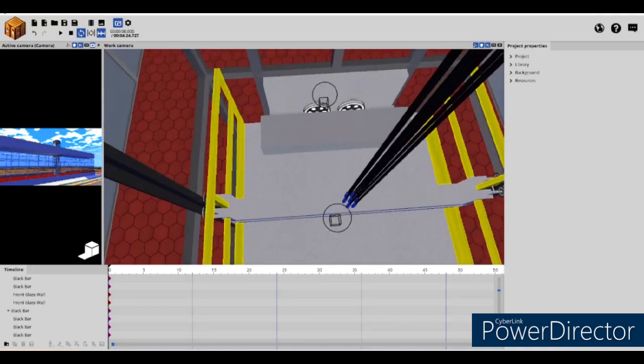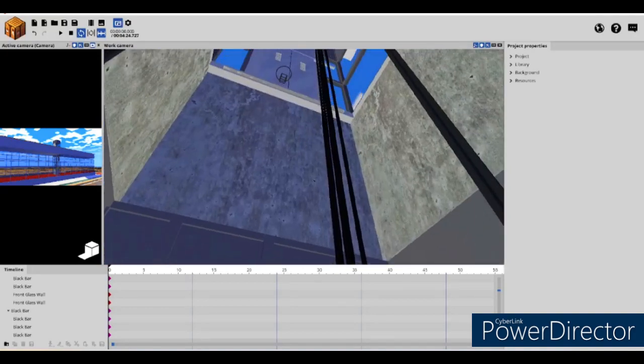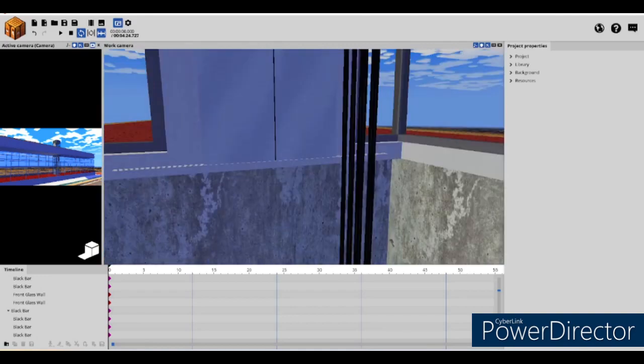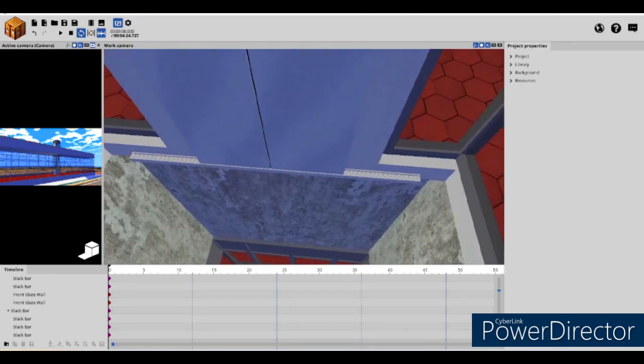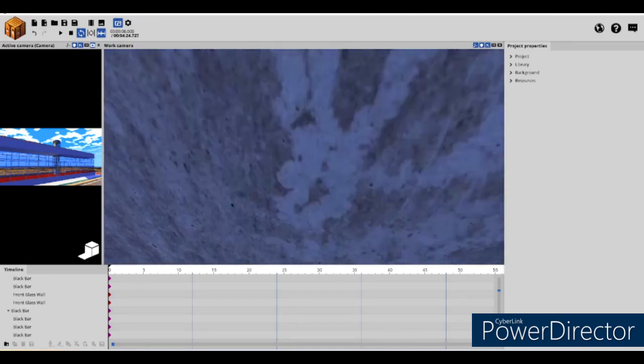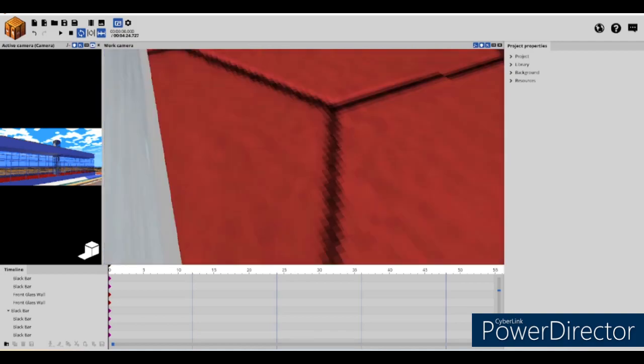So now we're going to look at the rest of the shaft. So here we go. Alright, so what we got here is the elevator doors on the shaft side. And they slide on the rails. How are the rails made? How do they have all that detail? Well,